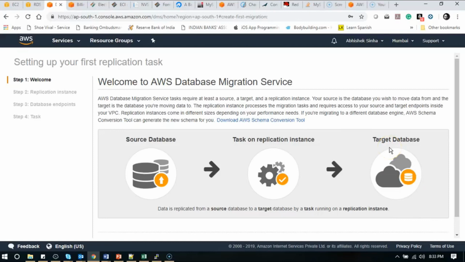Maybe it could be RDS, or maybe you want to host your database in AWS, so you can create a separate instance of a database in the EC2 instance, and you can connect that instance to this replication instance, and then you can define all the parameters, all the tables and all the schemas, and it will import all the data that you intend to migrate from an external source or an on-premise source to RDS or maybe an EC2 instance.